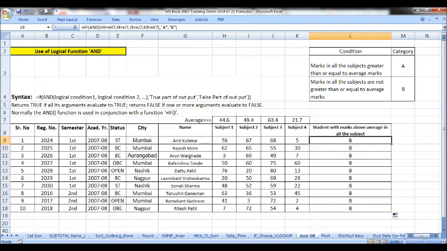Why? If you look at the syntax in the bracket of AND, all the time we want to refer to the values in these cells for the respective cells in the column. So you have to make it absolute. How to make it absolute?